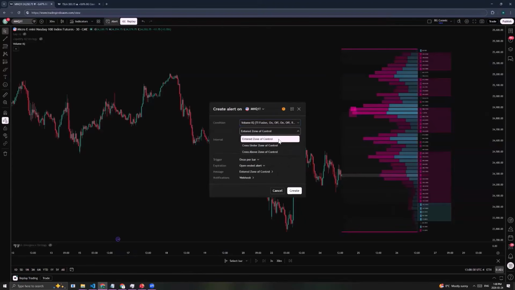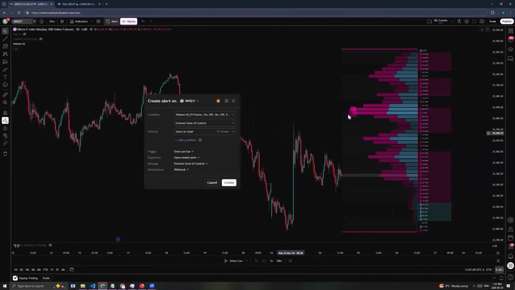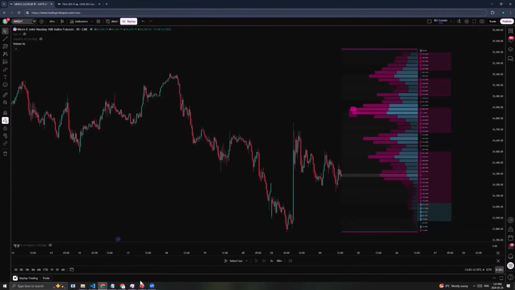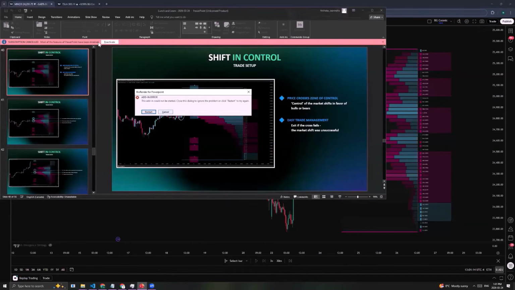So you can have an alert to tell you when price has entered into that zone. So you would have gotten an alert on that morning example on this candle that I was just showing before, when we entered the zone of control. And you can also check for when we crossed under it through the center or above it from below. And the reason for that is,